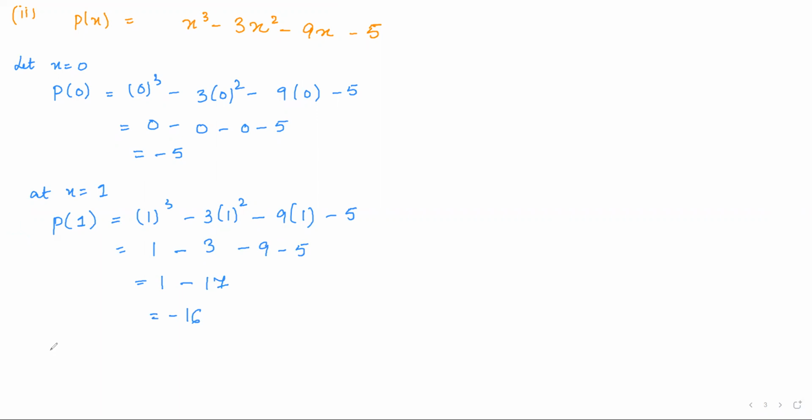Let us check at minus 1. At x is equal to minus 1. Let us check. So p at minus 1 is minus 1 whole cube minus 3 into minus 1 whole square, right? So that gives me